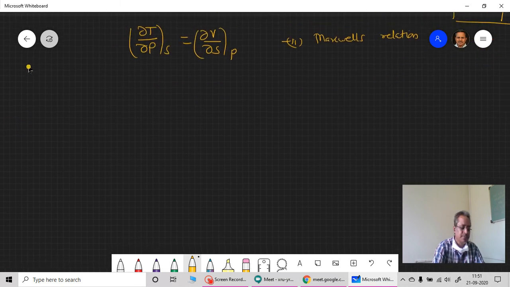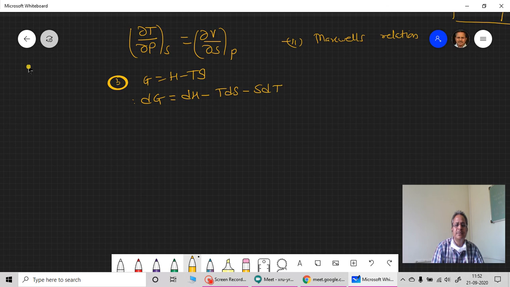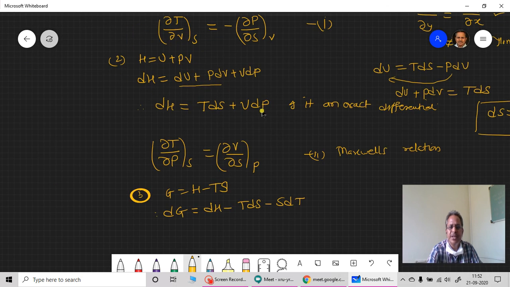Okay. Now the third one, now use this relation for the third, which is G. The relation for G, काय होतं relation to G चा, G is given to be H minus TS. Okay, I can get its differential. So dG is equal to, जे आपल्याला exact differential दिलाय, this is dH minus TdS minus SdT. Okay, both will be negative quantities on the right hand side. But this dH आता आपण already पाहिलंय, dH is TdS plus VdP. मला मागच्या ह्याचा उपयोग करता येईल तर.